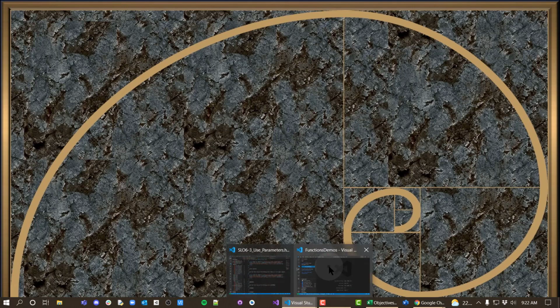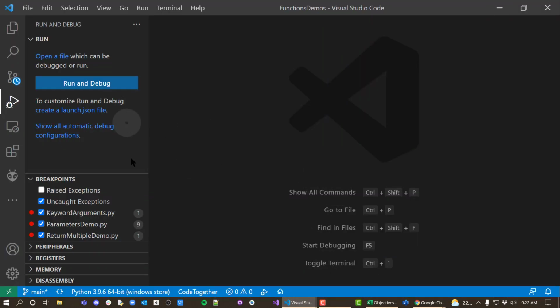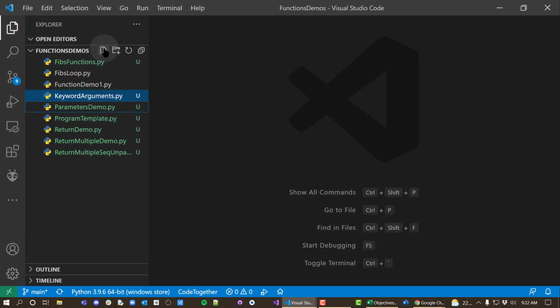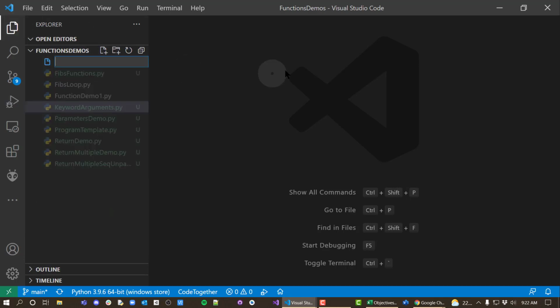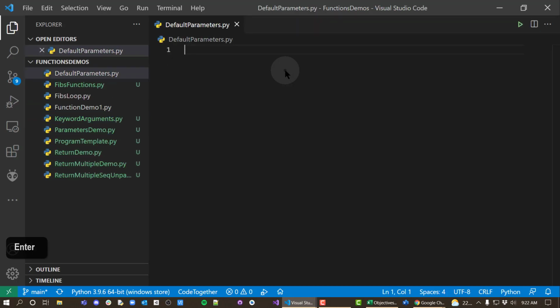Another thing we can do with parameters is create default parameters. So let's create a new file and we'll call this default parameters.py. Let's say we define a function and it's going to be called hello again. And we're going to say greeting, comma, name,